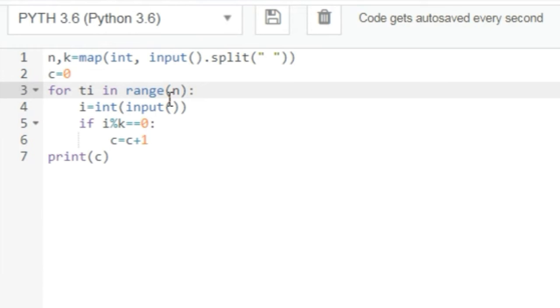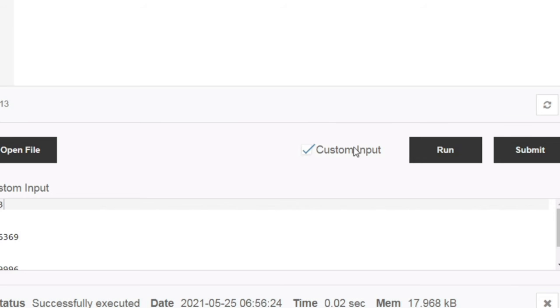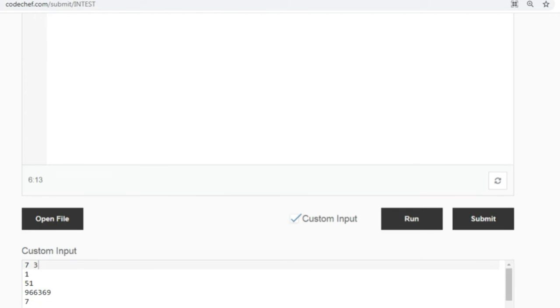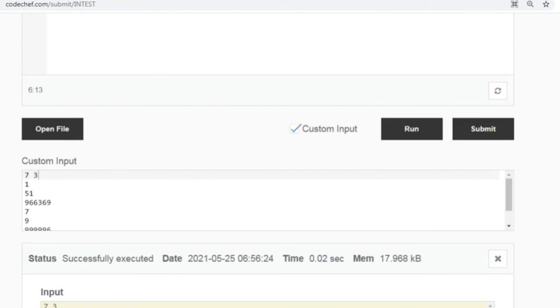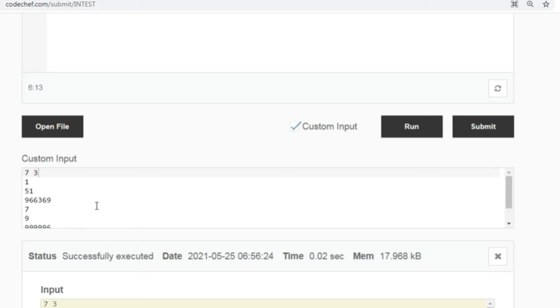So let's run it. So here is a section of custom input. I would suggest you all input the same numbers here as you have seen in the input section when we were reading the question.